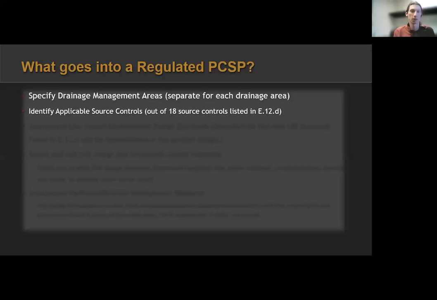Do you have refuse areas? Are you going to be doing pesticide application in these areas? So if you know any of those things are going to be part of the final design of the project, you'll check those boxes saying, yes, we will implement BMPs for these controls. If those aren't applicable, you say, no, nope. So once you do that for each DMA, remember it needs to be done for each DMA.